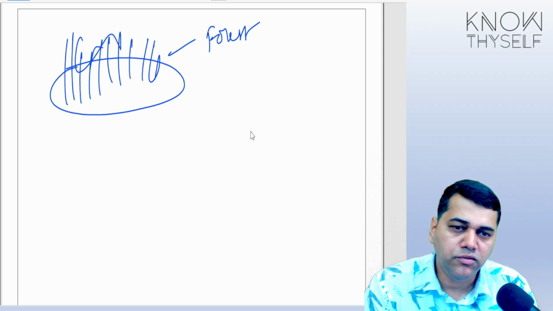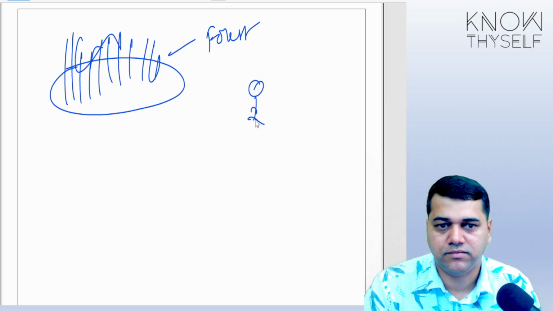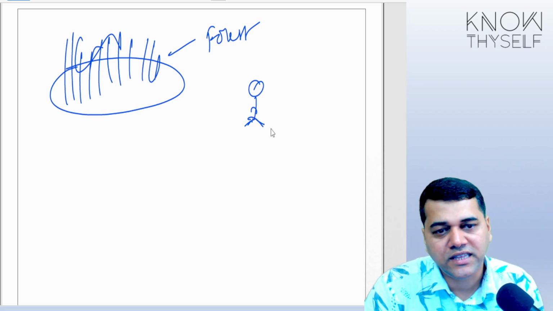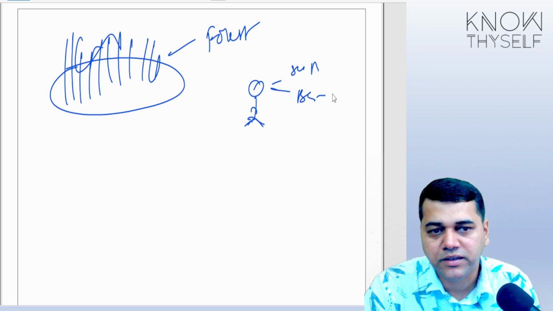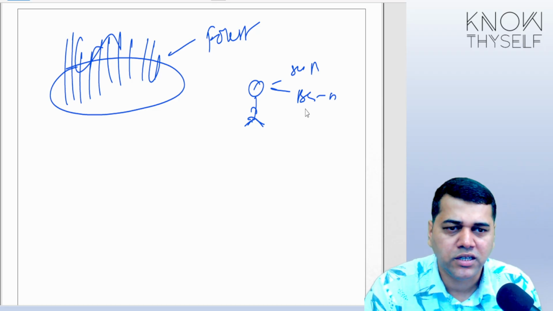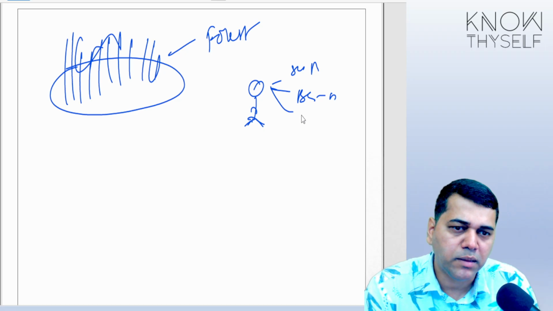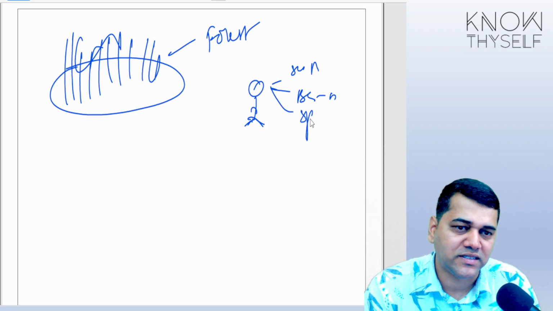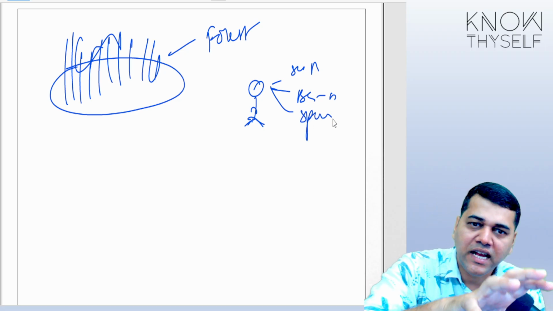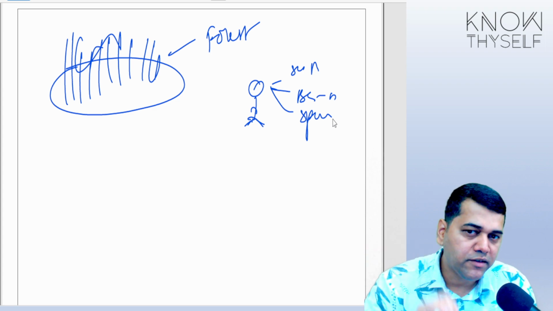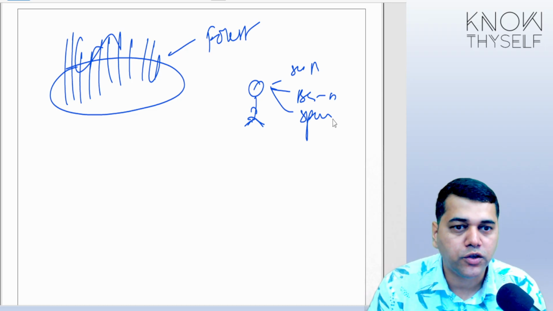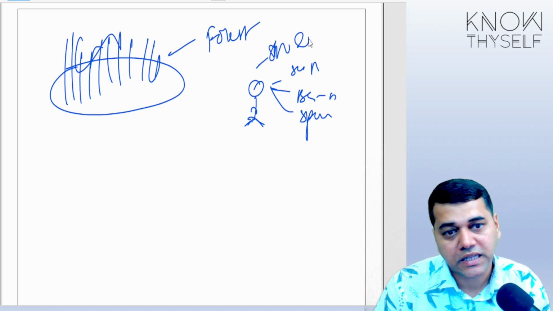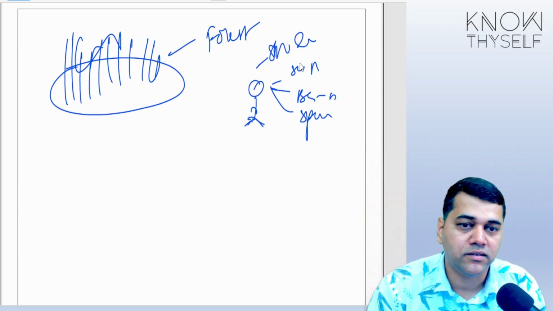Now, we will take one biologist. After 10th, that person has taken science, PCMB. Then he went to BSc biology or whatever, computer biology, and he is learning more about the species. Now, when I take that biologist to this forest, what will he see there? He will start automatically observing species, evolution. This is what they will see.